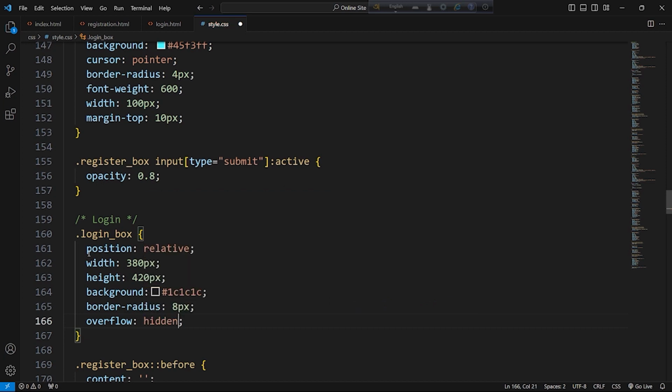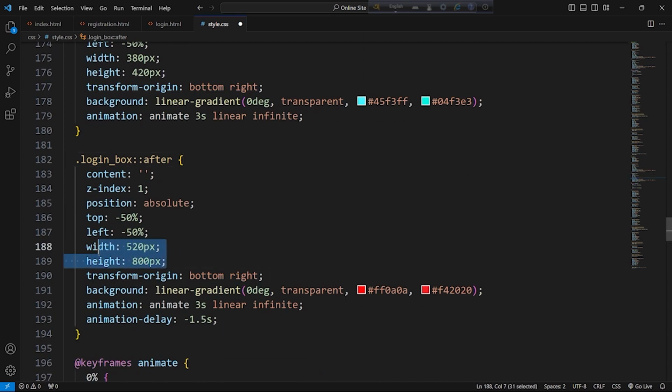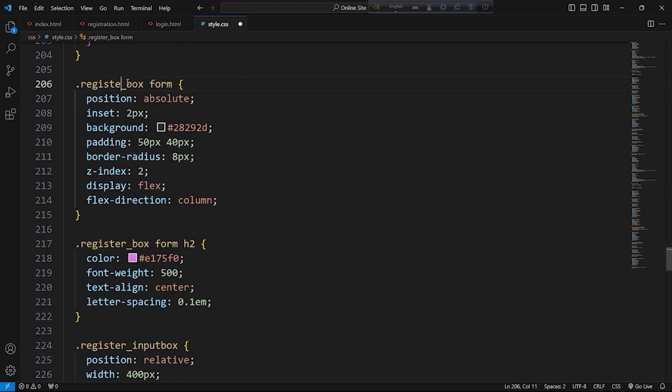Yeah, and copy the width and height and replace where we used before and after, and replace login box. Yeah, and change animation, animate 6s, and animation delay 3 seconds. Okay, in replace just login box,